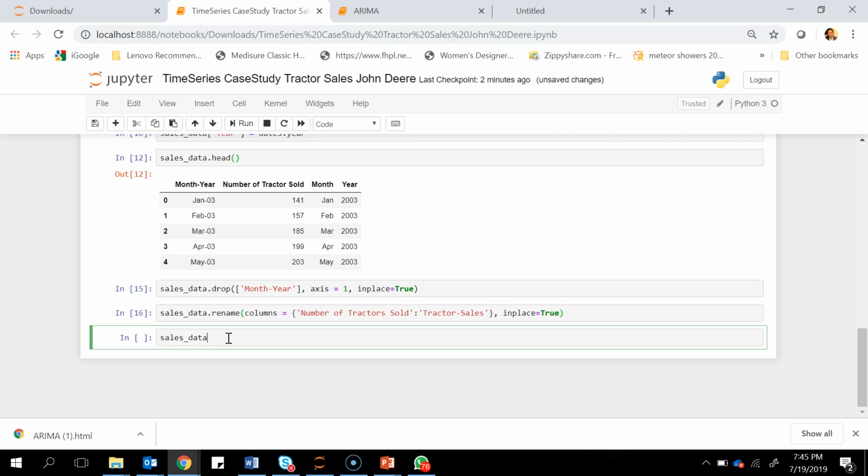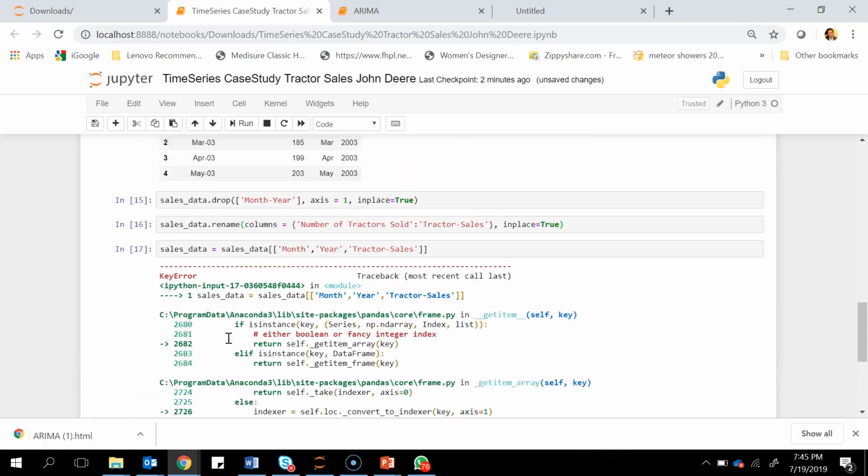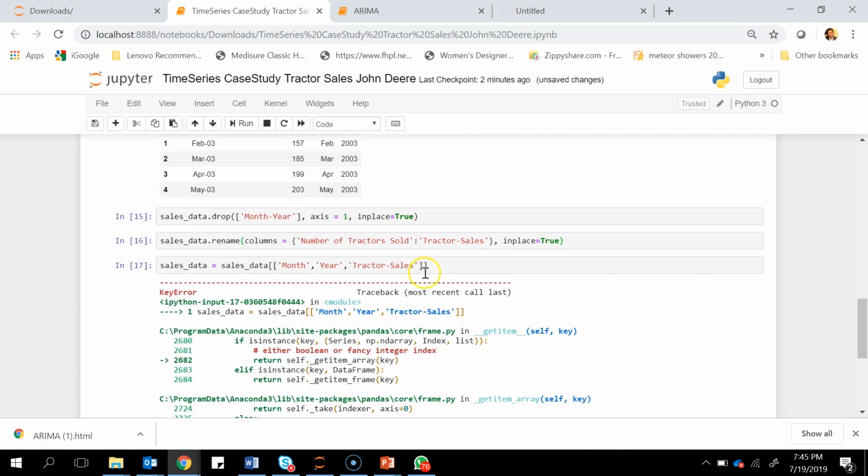Sales_data will be equal to sales_data, and we'll use the Month, Year, and Tractor Sales, the one that we just renamed. All right, there's an error. Tractor Sales is not in the index. Okay, it should be there in the index, right? Because we just replaced it.